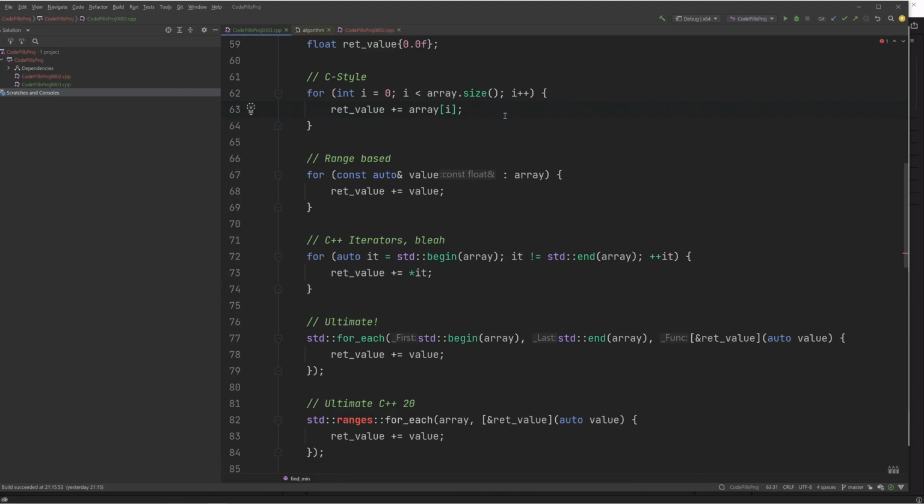In this case, I'm just accumulating the array. That's not really important. The important thing is to see how many ways we can write this for loop. So this is old school. It's fine, it just works. But